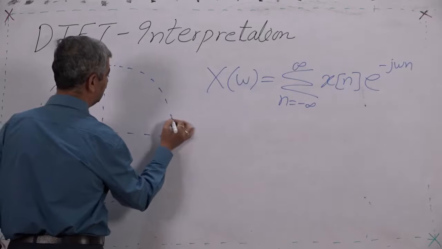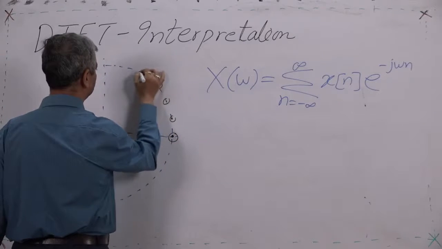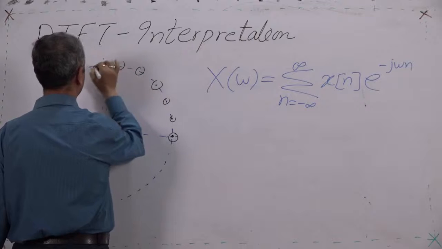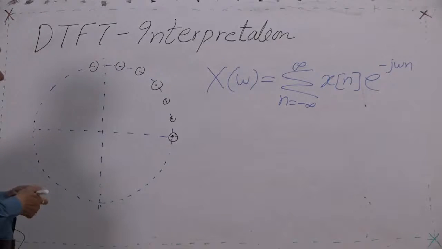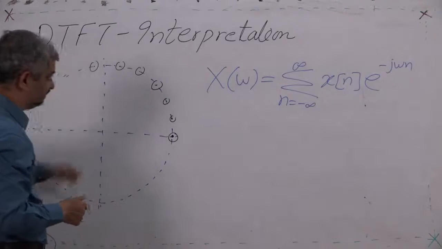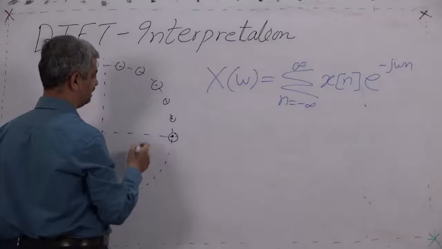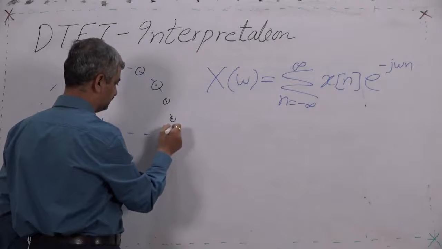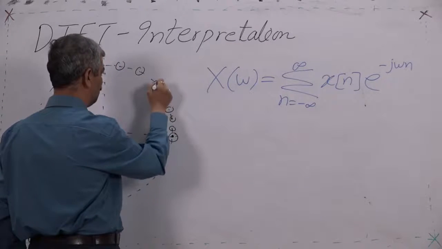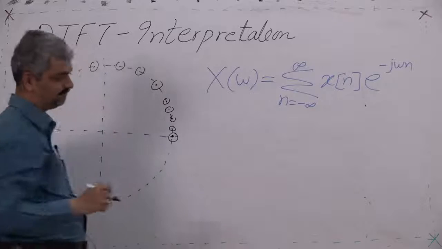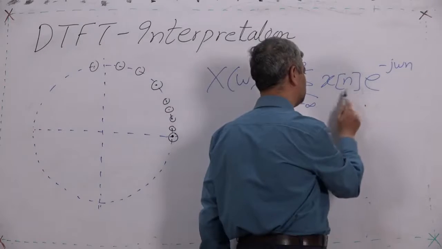So the weights take positions here, here, here, here, here. So as n changes, weights change like this for given omega. If omega is less, they change like this. If omega is much less, they change like this. If omega is much more, this one, then this one, then this one in this case. So what am I doing now? Weighted sum